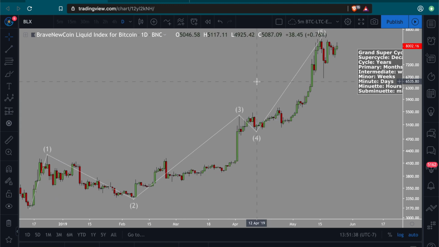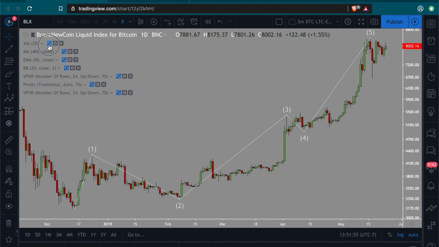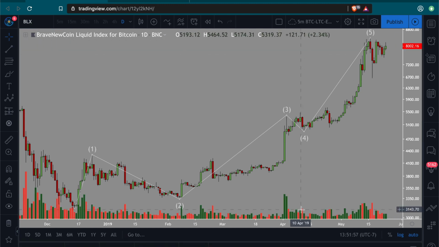Now, the sad part about Elliott waves is that it's really hard to determine which wave lands where. Yes, for the most part you can make a pretty good judgment about how high the waves can go for the particular asset. You could start looking at the volume profile down here and see if the volume matches what the Elliott wave actually talks about. But for the most part, it's a fairly subjective game.